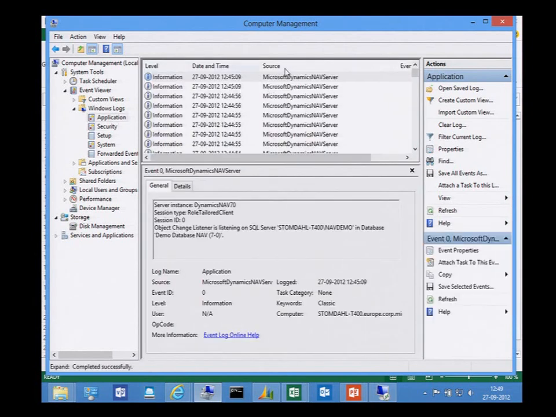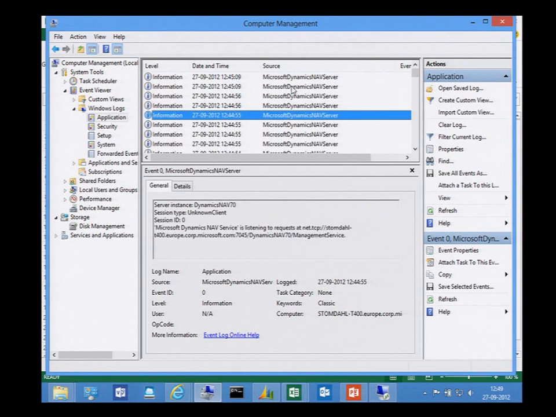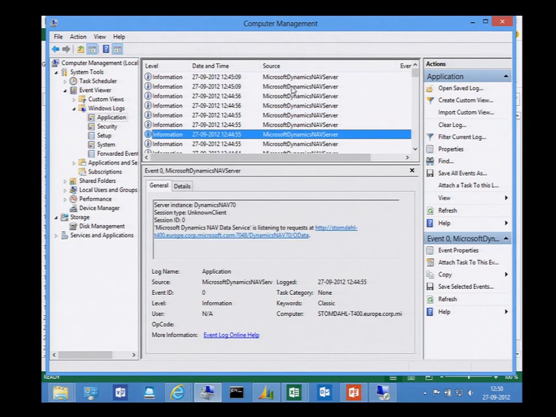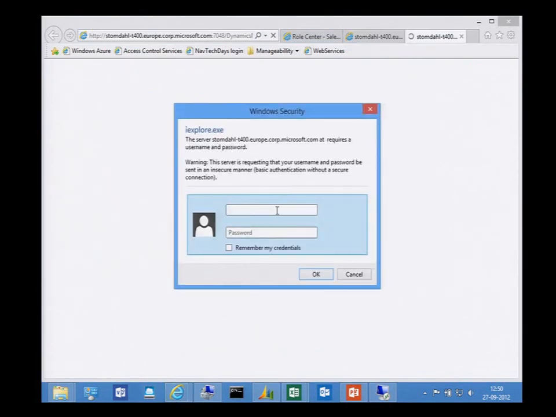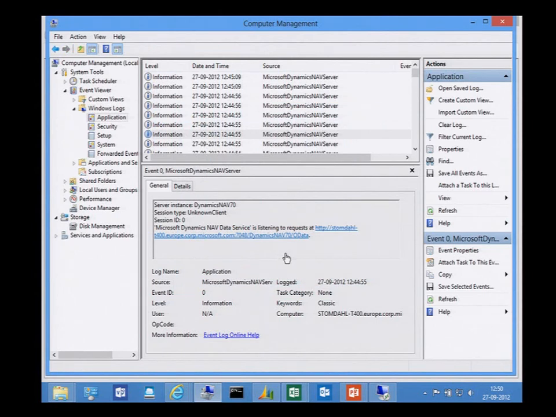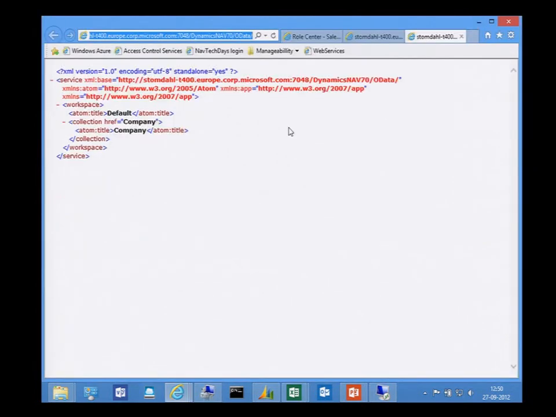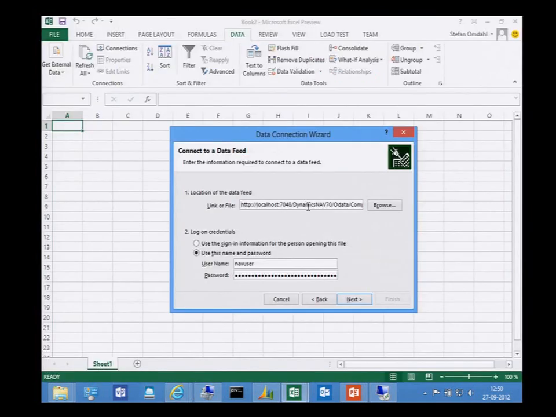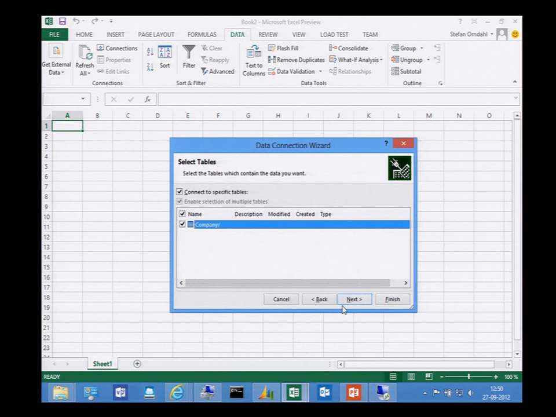That's right. Here we go. Can find a new data connection. Here we go. User key there. Let's log in. Okay. So what did I miss here? Company. Yeah. That's the one.